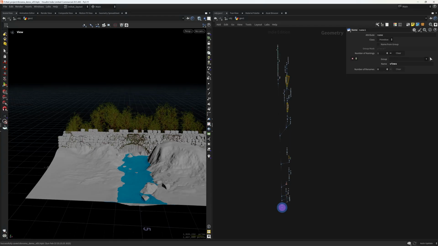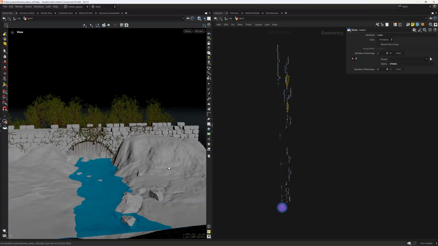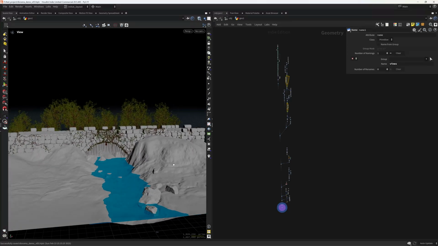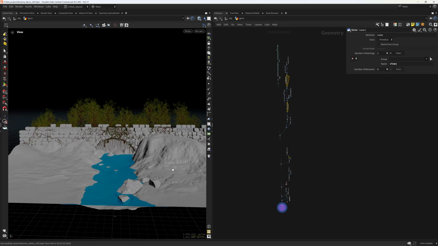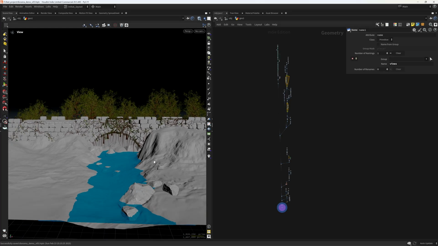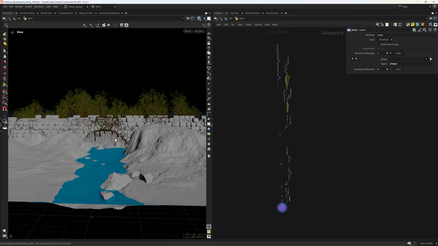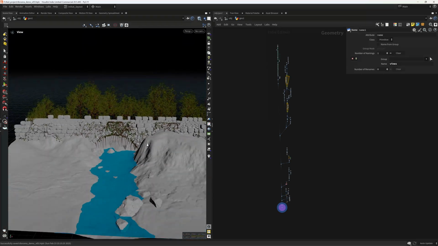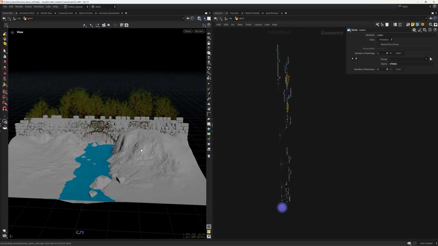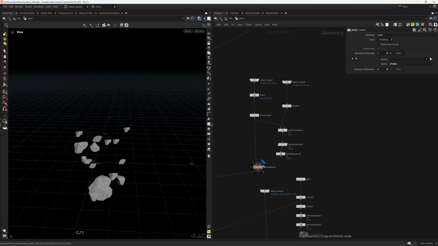So in this final part of our environment tutorial, we will move everything to Solaris and work on the shaders and on the lighting, and hopefully we will have a final render at the end. So yeah, let's get into it. So we will first need to separate these into parts, meaning that we will have to give a name attribute to each piece. But before that, let's go into our, if you remember, we did the scattering of the